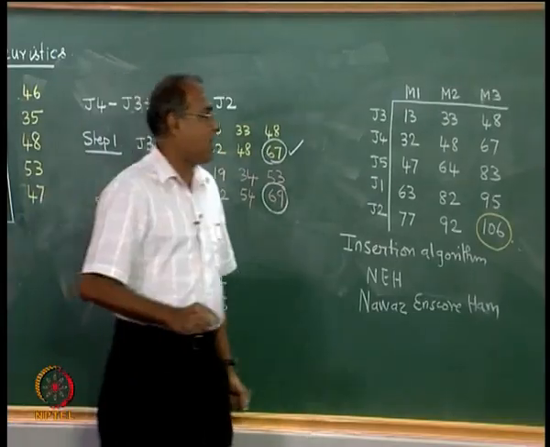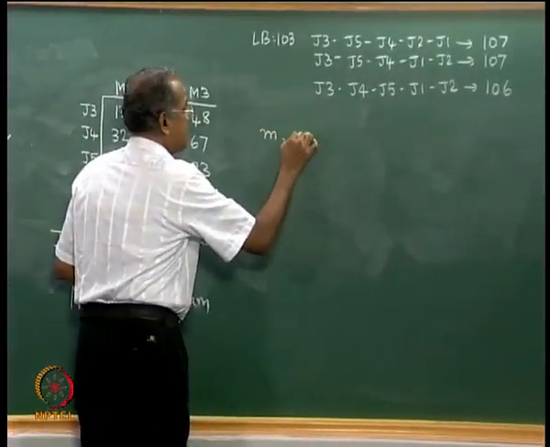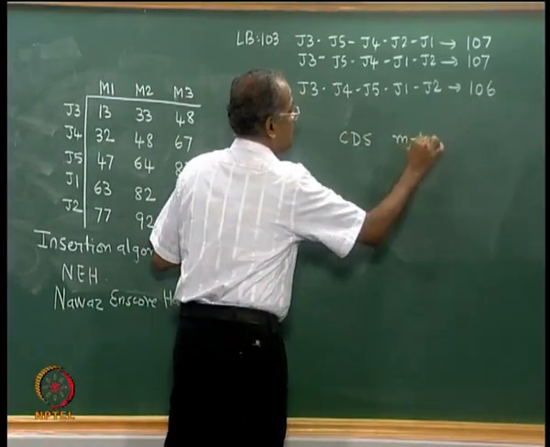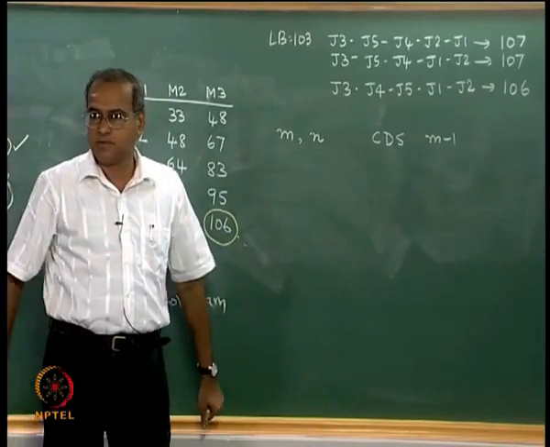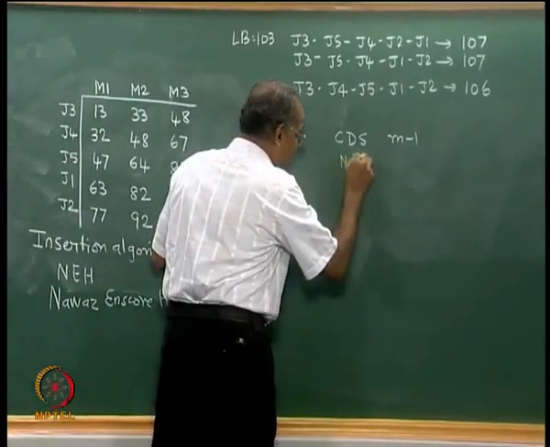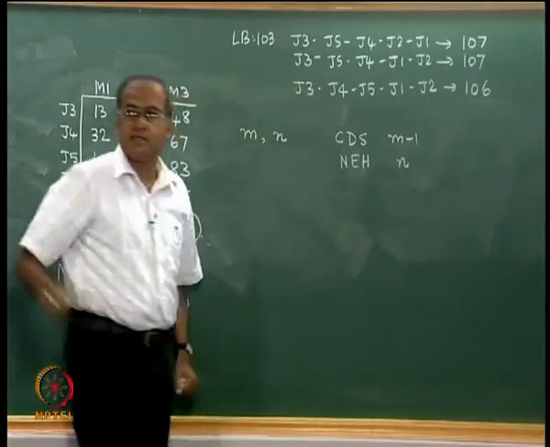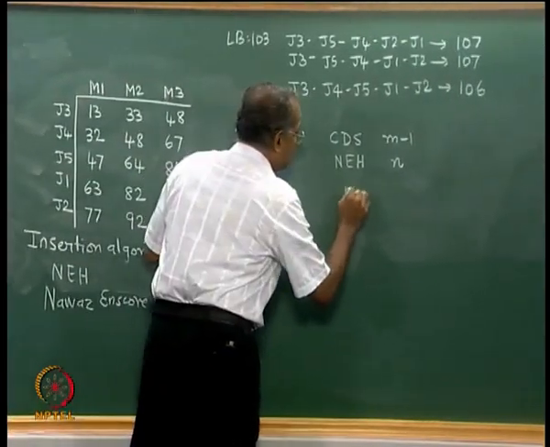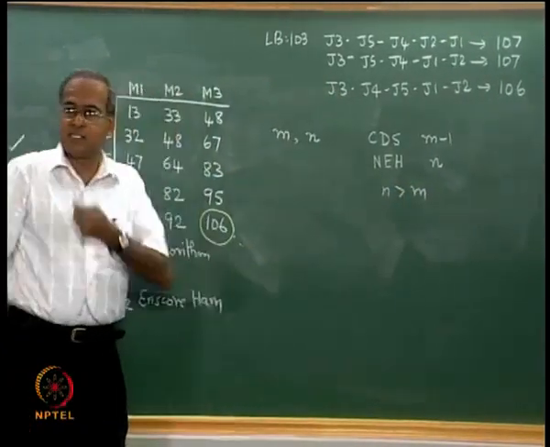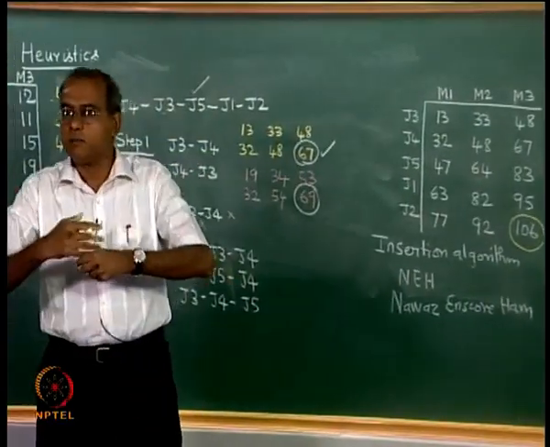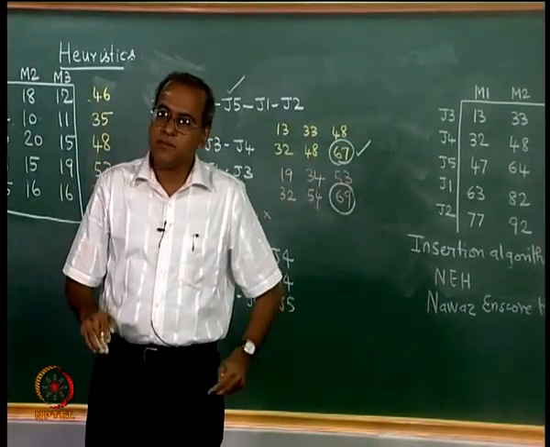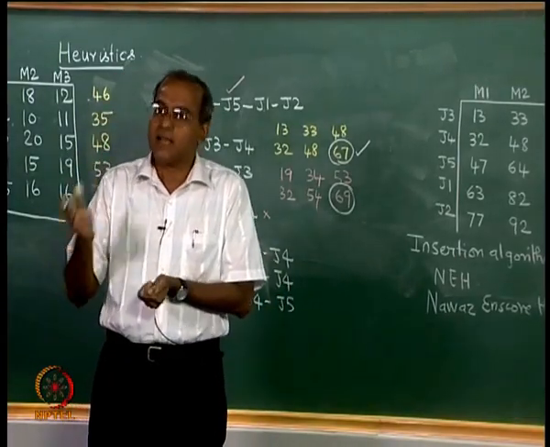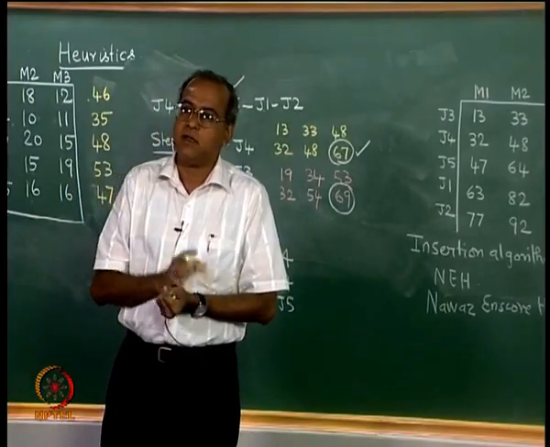Now if you have m machines and n jobs, CDS will evaluate m minus 1 sequences and will choose the best. NEH in the end will evaluate n sequences and choose the best. And usually in all flow shop problems n is greater than m. So, NEH algorithm would actually evaluate more sequences than the CDS algorithm. Either because of that or otherwise, it is able to perform slightly better than the CDS algorithm when we consider